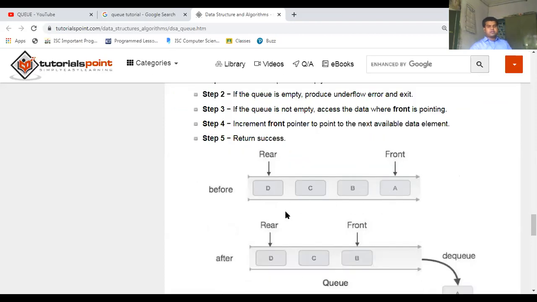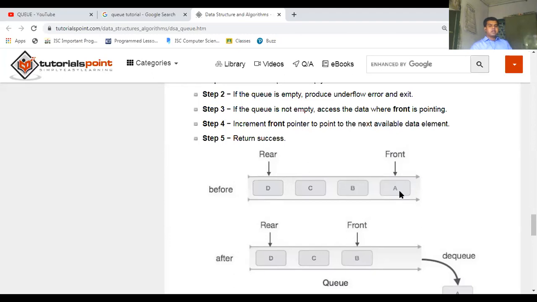Let me explain this in the form of the diagram, then I will show you in the programming context. This is the original queue, where you have a couple of elements A, B, C, D, where the rear position indicates the last value of the queue, whereas the front represents the first value of the queue.